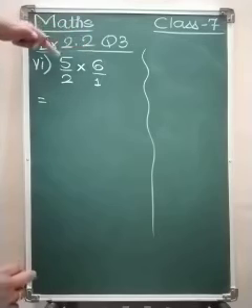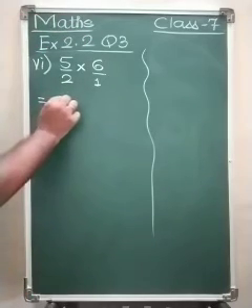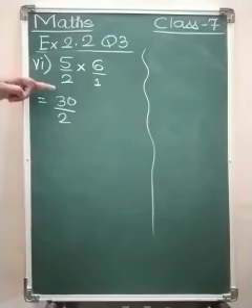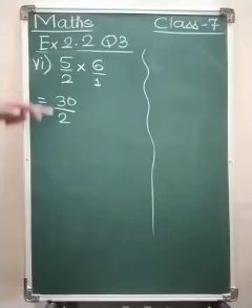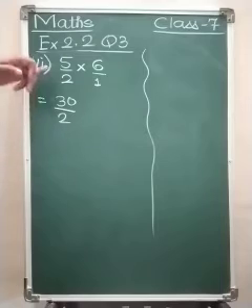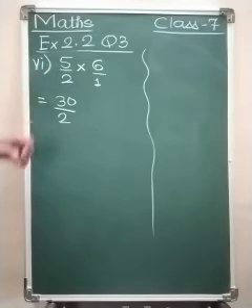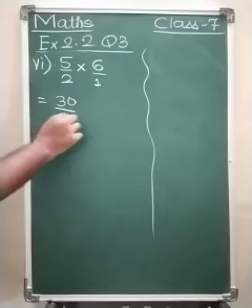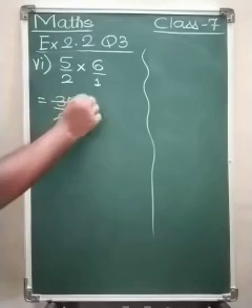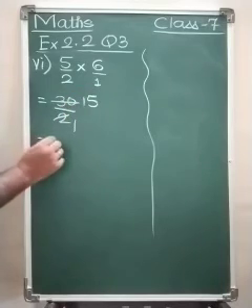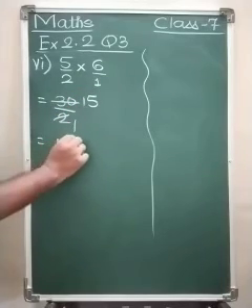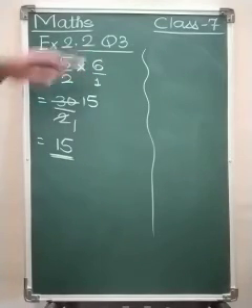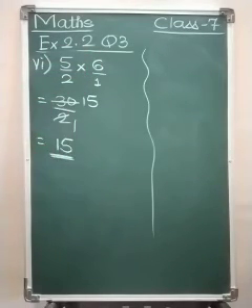Numerator multiplied by numerator, 5 6s are 30 upon 2 1s are 2. Now 30 and 2 have common factors. Now this is to be reduced to the normal form or standard form, as we say. So how do we do it? 2 ones are 2, and in the 2 table, 2 15s are 30. So our answer comes to 15, a whole number. Though a fraction is multiplied by a whole number, we are getting the answer as a whole number.